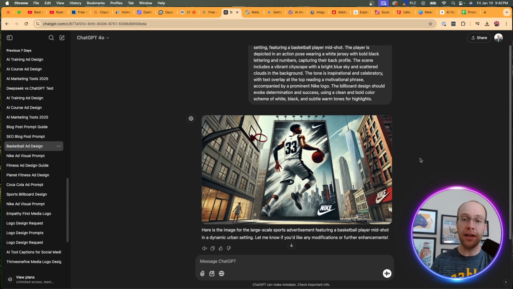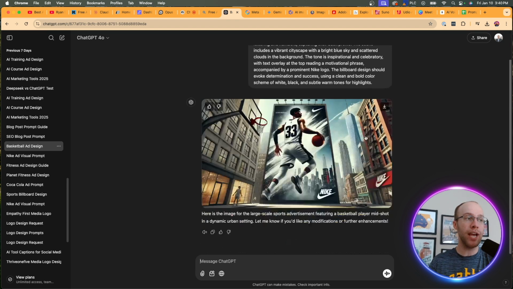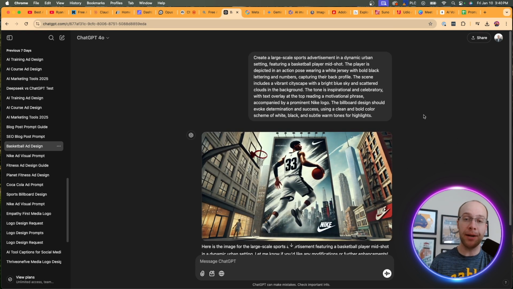And number one, if you're a member of ChatGPT Plus, you should already know this by now, but you can create AI images using DALL-E 3 inside the ChatGPT interface. This is a quick example of this, but I just wanted to show you that really quickly. And if you don't have a subscription